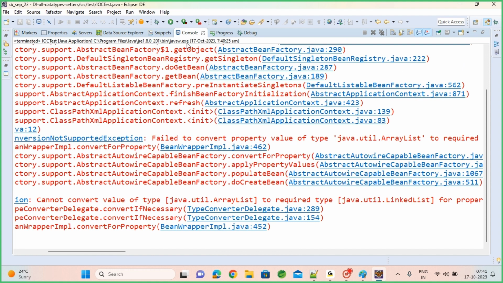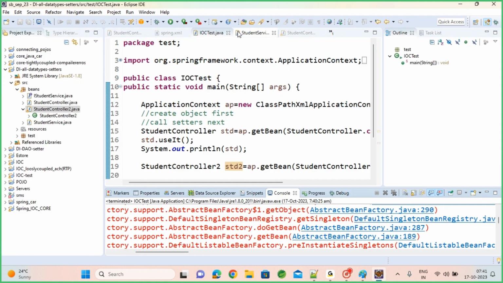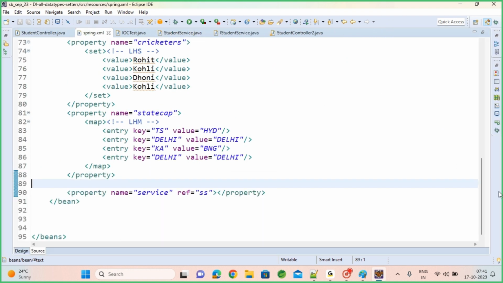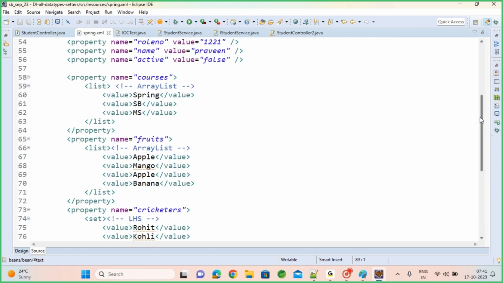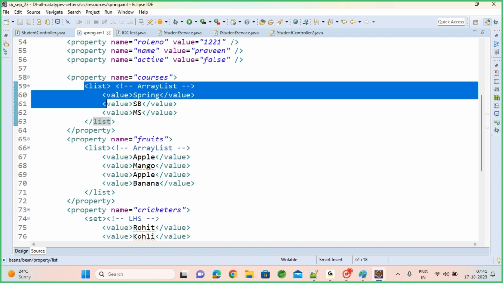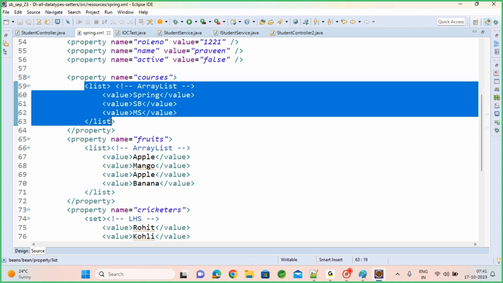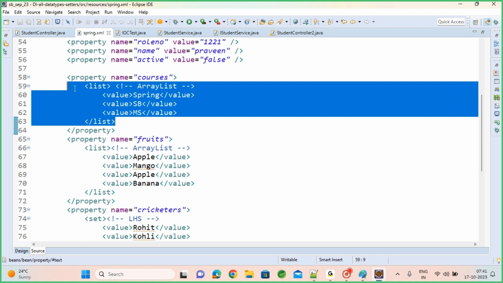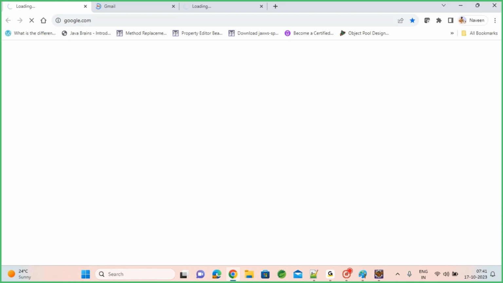So instead of you sending an array list object from here, can't I send a linked list object? Here, can't I put a linked list object? It means you can put it. You can send a linked list object rather than an array list object. How can we pass custom collections here? I have given one example in the blog. If you open it,